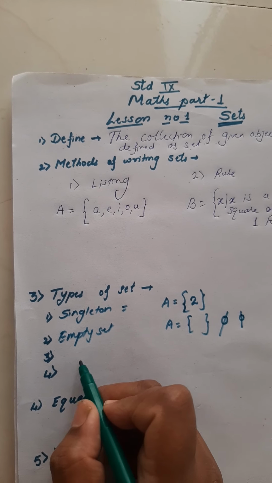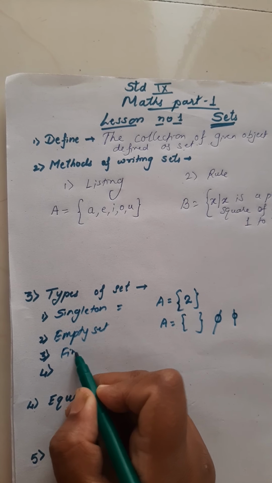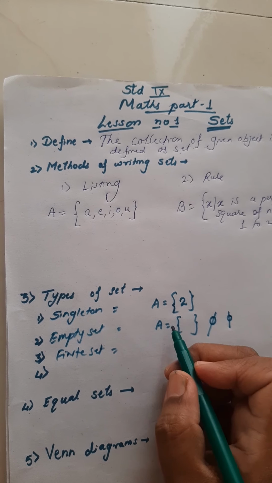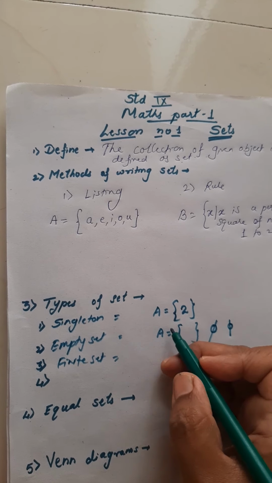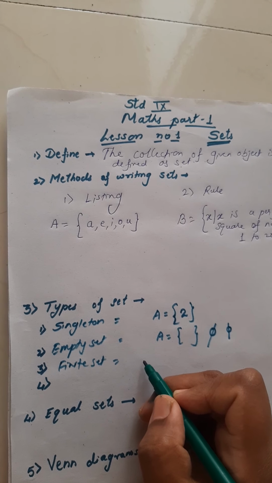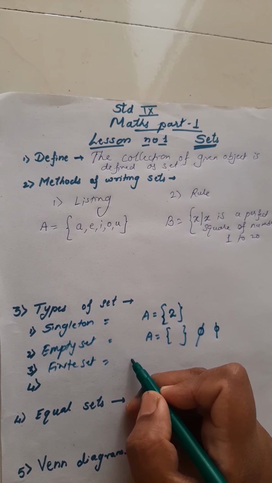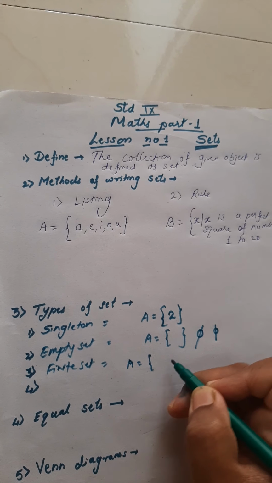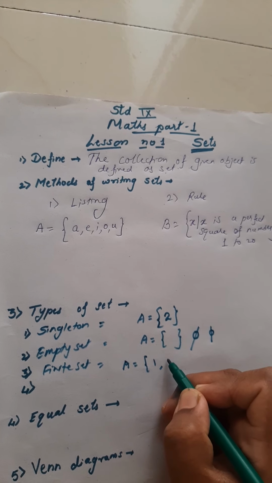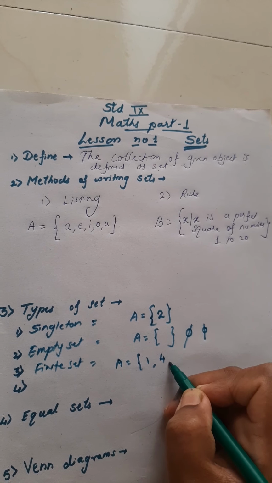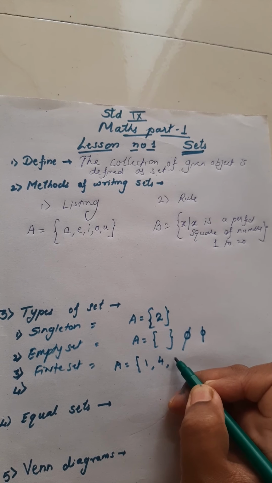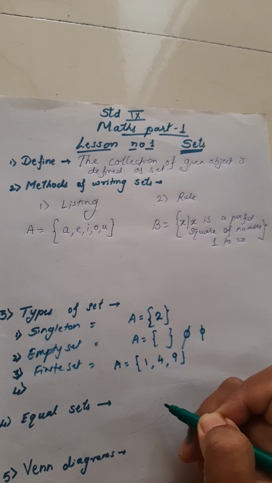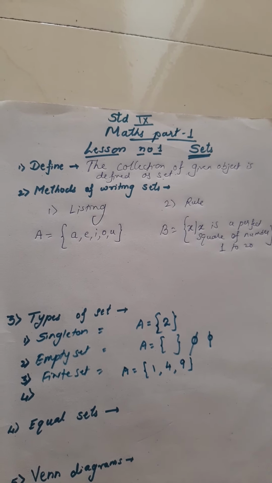Next, third, it is a finite set. What do you mean by a finite set? Finite means we can count it. For example, I have to write the square numbers till only 10. I will write here the set. What are the squares? First square 1, second square 4, and so on while it is within 10. How many are there? Here only 9. Next after that it is 16.